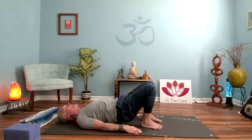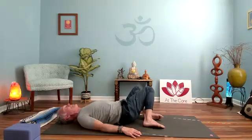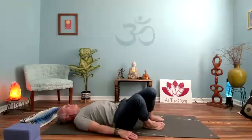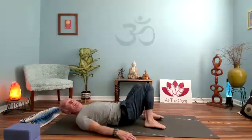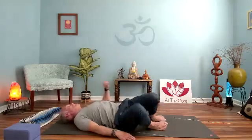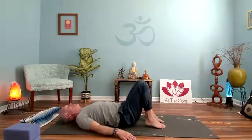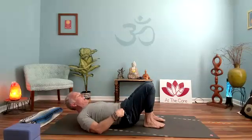If you have the bind, let the hands come out to the sides. Spine comes back to the mat. And I'm going to suggest we give the knees a little windshield wipering, a little motion from side to side. All right, as you come back to center, realign, readjust, make sure there's that key alignment of hips, knees,